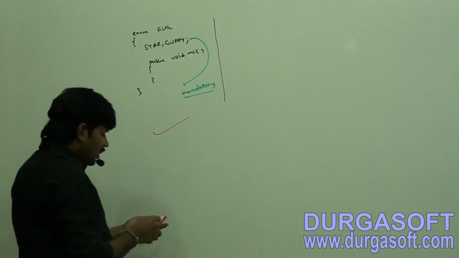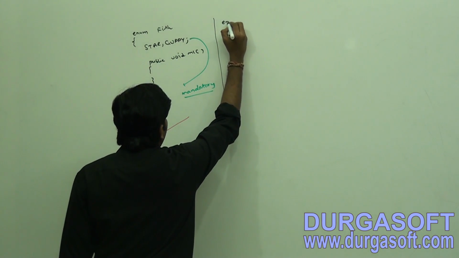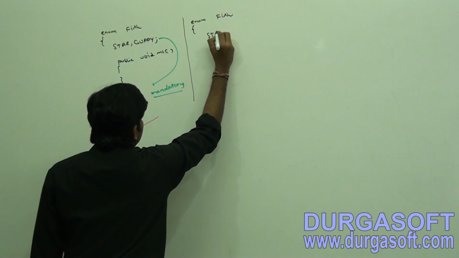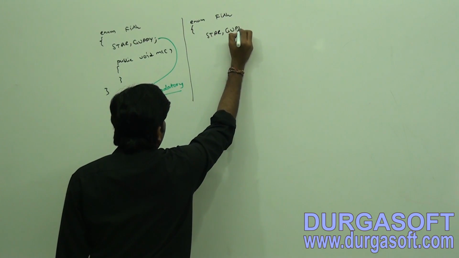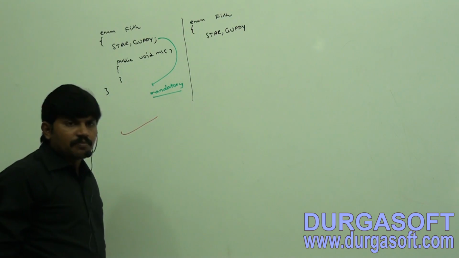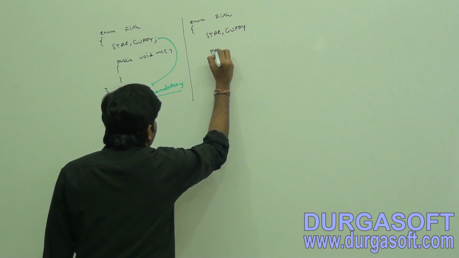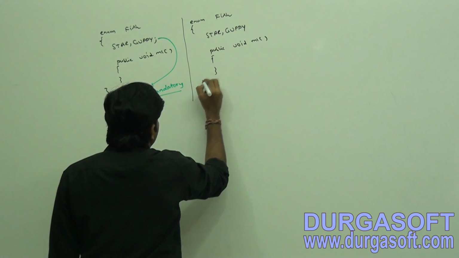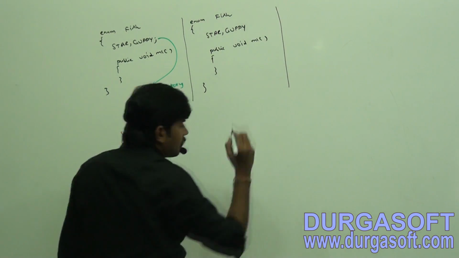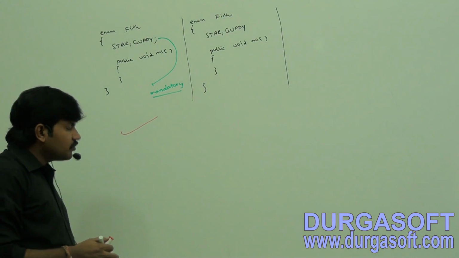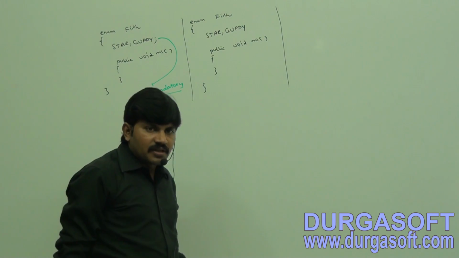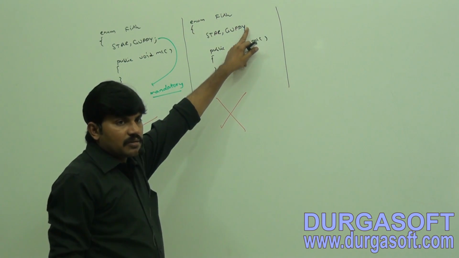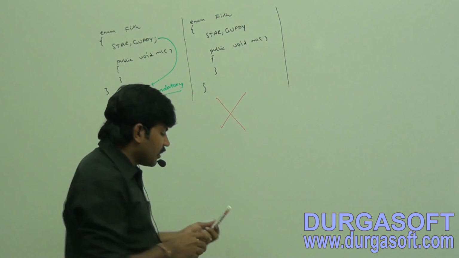Okay, like, sir, I'm taking enum fish, star I'm taking, and then guppy, and after that the public void m1 method, like this I'm taking. Sir, here have you observed, is it valid or invalid? This one is invalid, because you know the reason, is the semicolon optional or mandatory? Next,